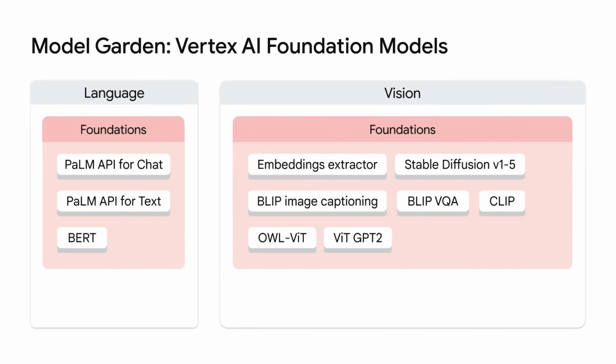Vertex AI offers a model garden that includes foundation models. The language foundation models include Palm API for chat and text. The vision foundation models include Stable Diffusion, which has been shown to be effective at generating high-quality images from text